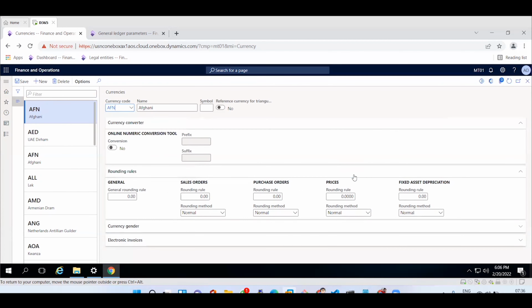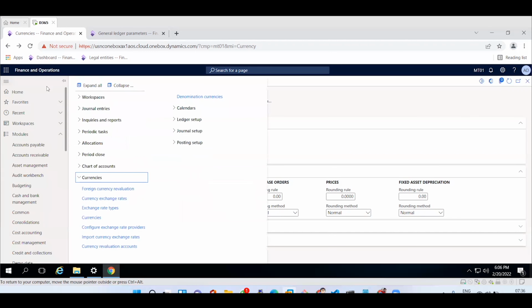You no need to create any currencies in the system. The currencies will already be available. You just need to validate it. That's all. So these are the currencies which are already available in the system. I just validated and I got to know that currencies are available. Now, next step,